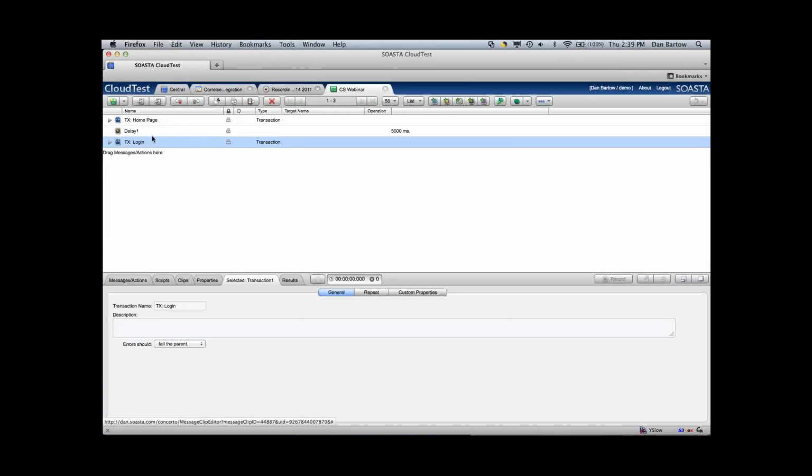Now, this is a pretty simple example: homepage, login, and load the landing page. But it's actually very representative of common user behaviors. So, nice little test here that lands on the homepage and logs in. What we need to do to be able to run this now is we just need to spin up some servers in the cloud and define a quick workload, and we'll be ready to generate some load and start digging